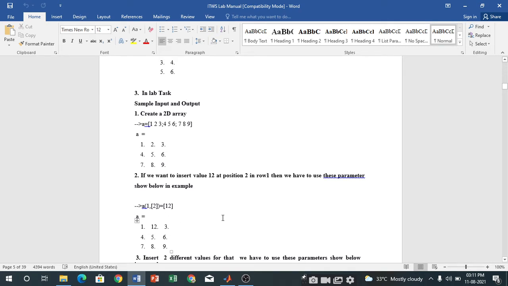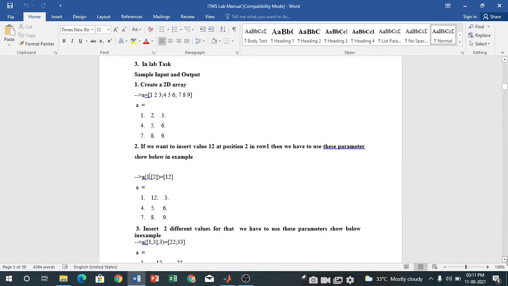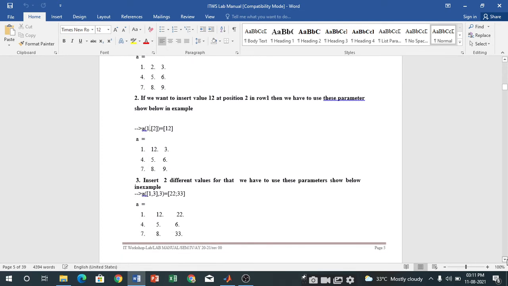Whenever we execute this command, we will get this result. In this way we change the value of the given array.